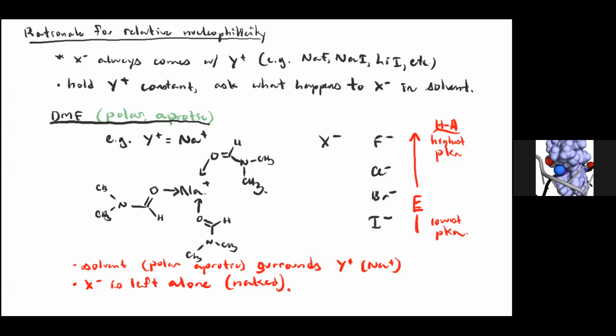And so the next thing then is, what about polar protic solvents? Okay. And the key difference here is that whereas in DMF we had a very strong interaction between the solvent and the cation, but not really between the anion and the solvent, in a polar protic solvent both species will interact very strongly with the solvent. So